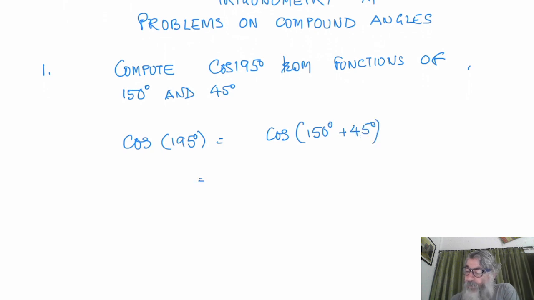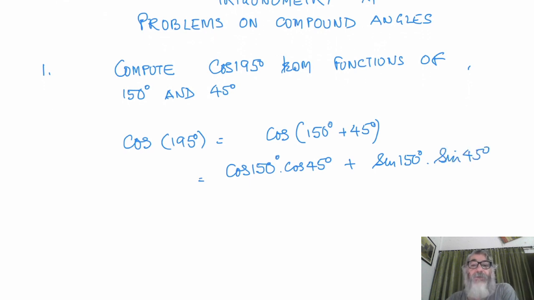It will become what? Cos A plus B is cos A cos B plus sin A sin B. We know very well the values of cos 45 and sin 45. They are standard values, 1 upon root 2. But what about cos 150 and sin 150? For that, we are going to do something. We can take